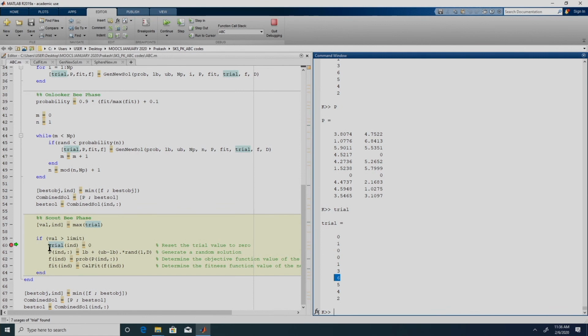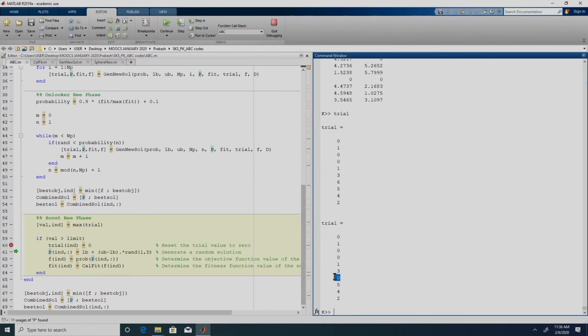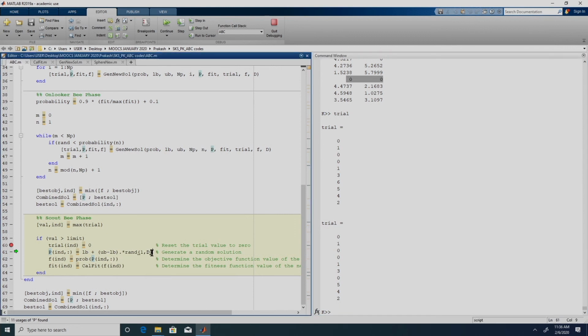We have 6. Once line 60 is executed, the trial of that has become 0, because we are going to plug in a new solution. Remember this 0, 0. That solution is going to be randomly replaced. What we are doing is LB plus (UB minus LB) dot star rand of 1 comma D. Since we have D variables, in this case 2 variables, we will generate 2 random numbers, multiply them with the range and add to the lower bound.